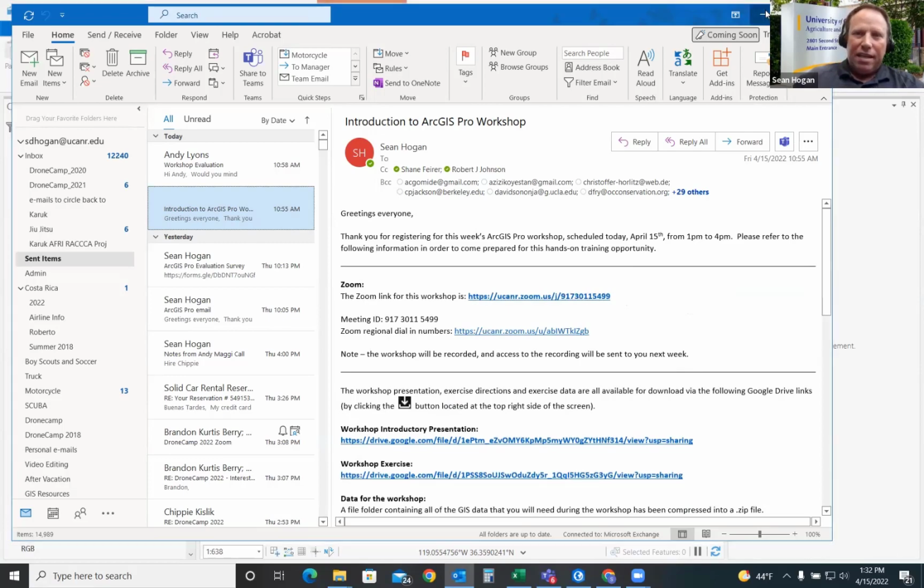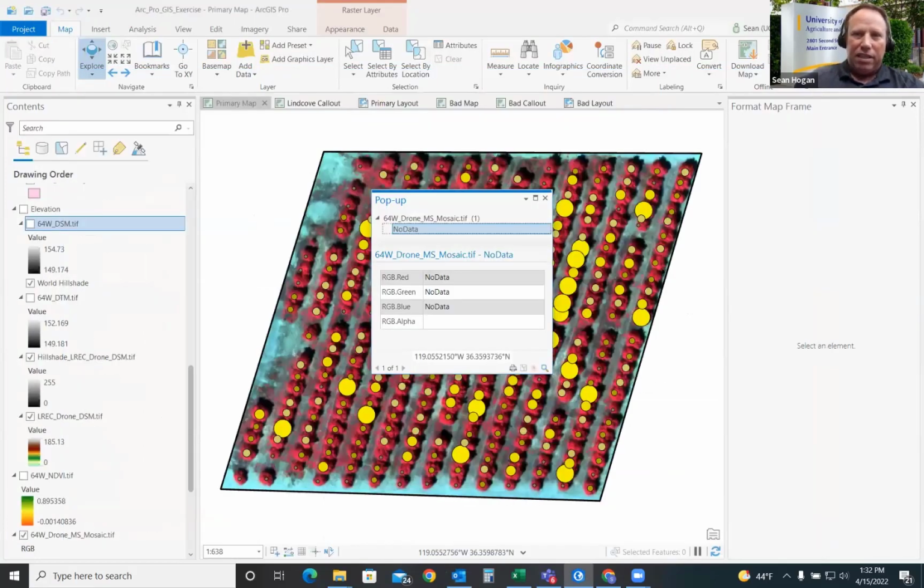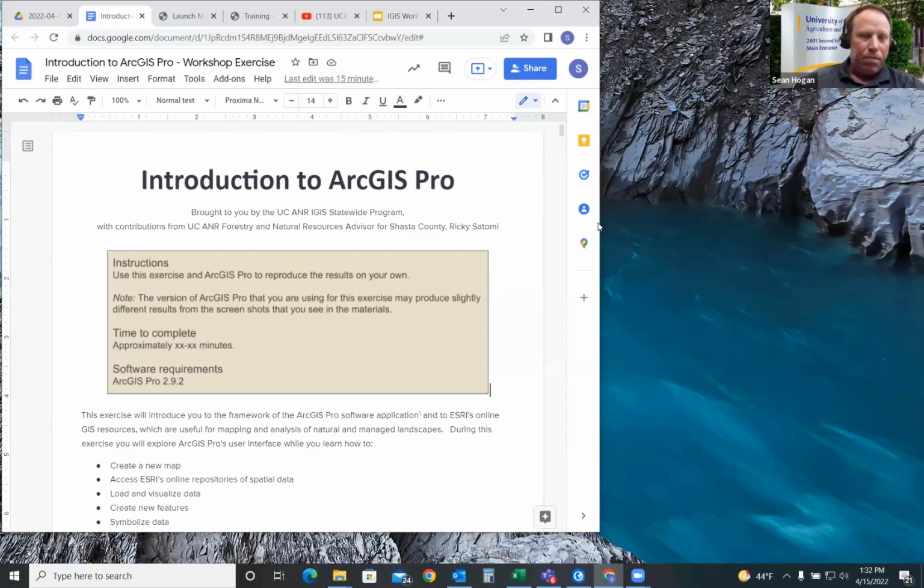All right. The next thing, and I'm going to reduce this down. I have a lot of things open, you can see here. The other thing is trying to figure out the real estate on the screen and being able to see what I'm doing, being able to look at the directions sometimes, and then being able to see what you're doing as well. Ideally, you have a large screen or multiple screens, which makes life a lot easier.